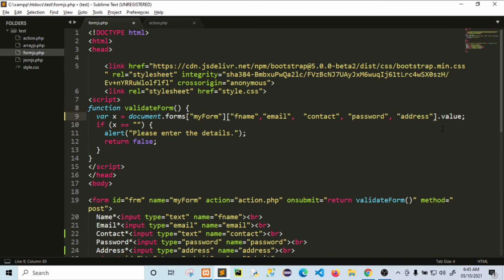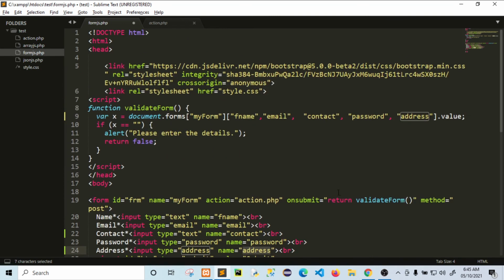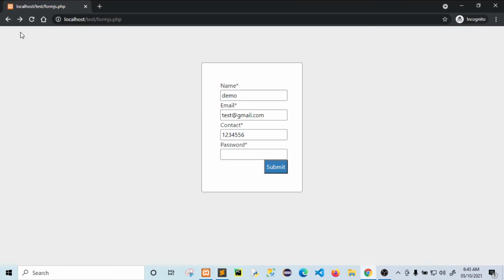In double quotes, we will use this value name and save. Now refresh this page, you will see this address.